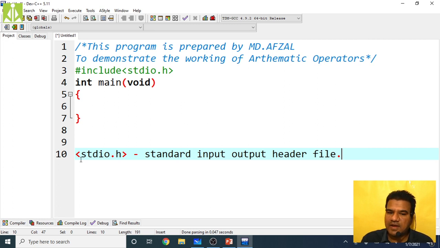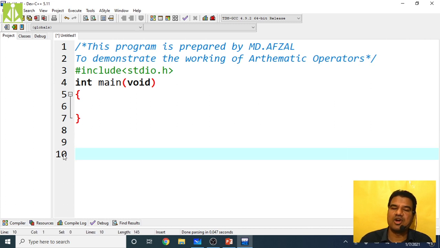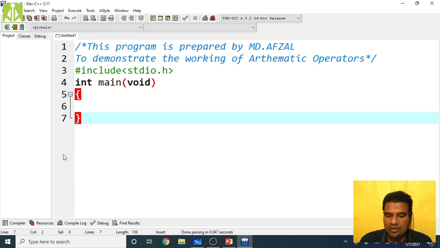The reason for adding it is that we are going to use many predefined things. Predefined means the definition is already given. All that predefined stuff is stored inside these header files, so that is why we include them into our program. Standard input output is the basic file you require in order to write a C program. That is what I am doing here.